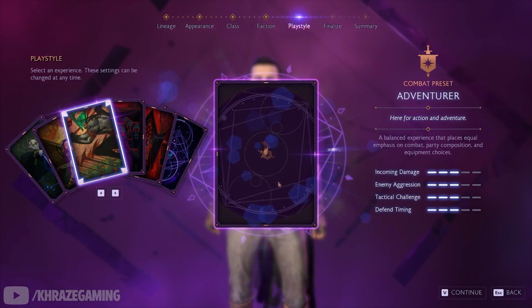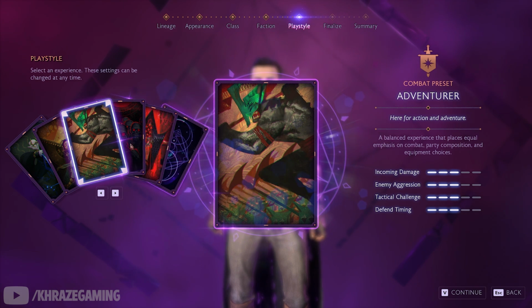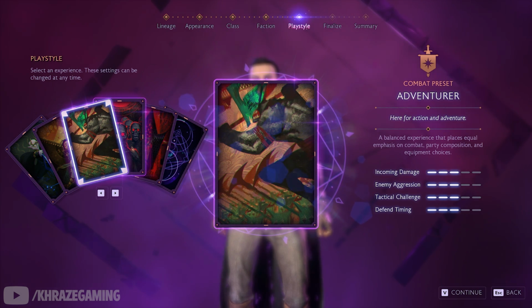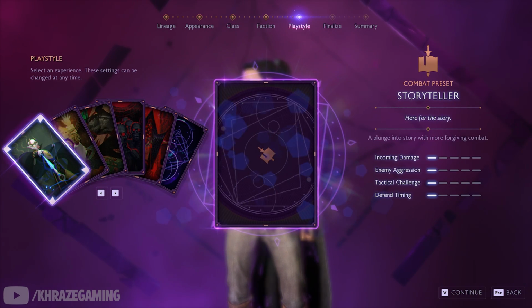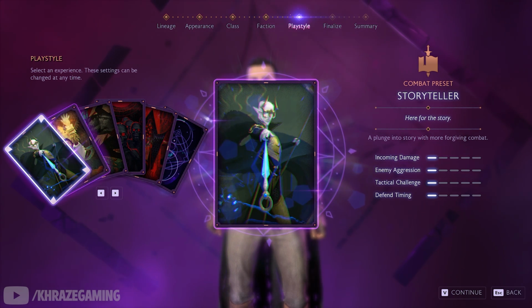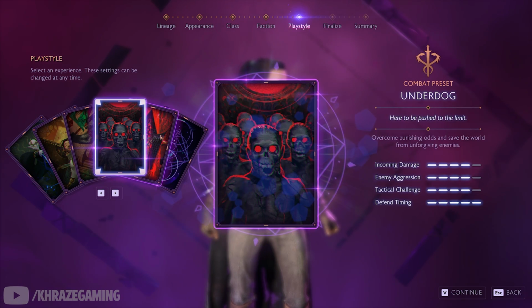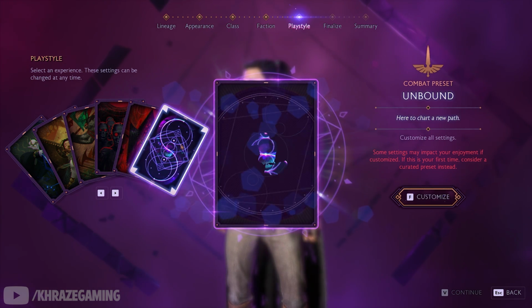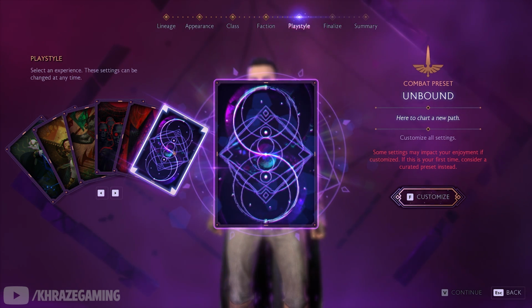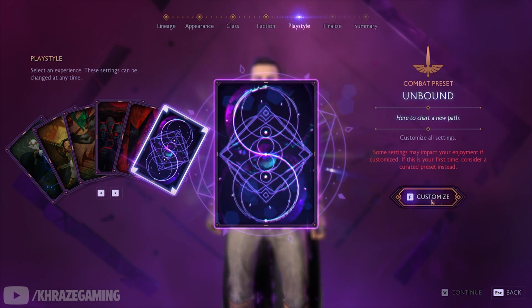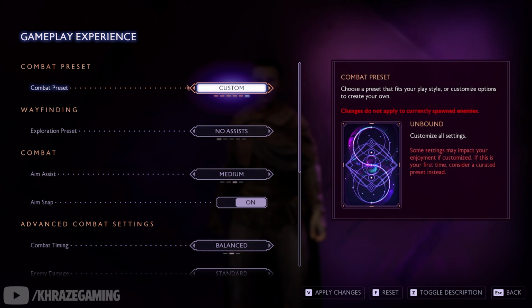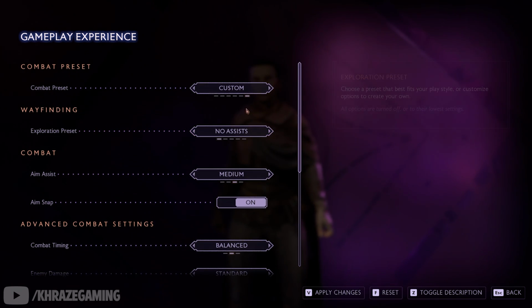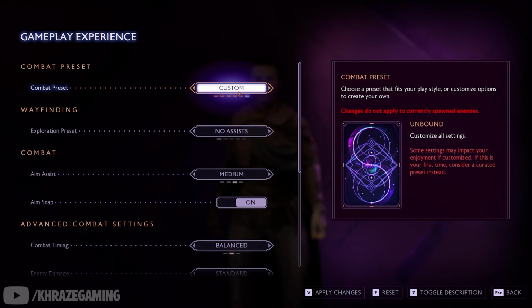Now, from this point on, we also have the playstyle. Playstyle, like I said in the preview hands-on video, is pretty much your difficulty scaling. So you have 5 options to go between, from super easy to super difficult, plus of course a 6th one, which is a custom one. You can customize the level of difficulty as you see fit. So you can affect stuff like how much damage enemies deal to you, how much HP they have, how aggressive they are, even your parry and defensive windows. So how easy it is for you to perform perfect parries, for example, against targets. You can control them and even see them by these points right here to the right side. But overall, this is something that you can control even later down the line, so just pick advantage